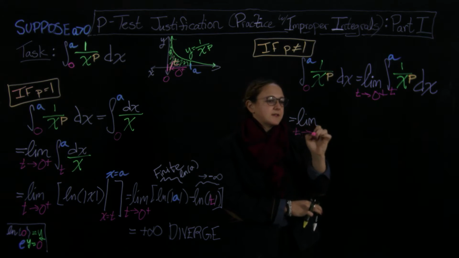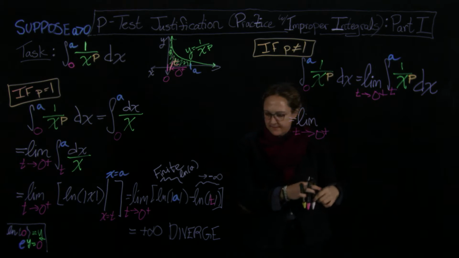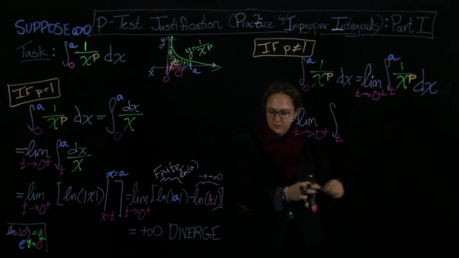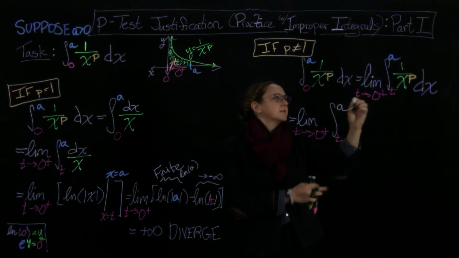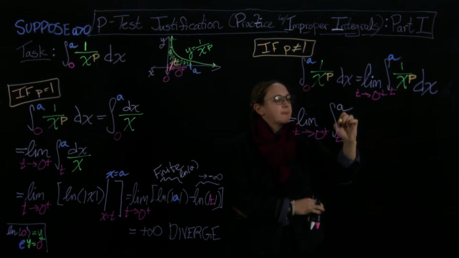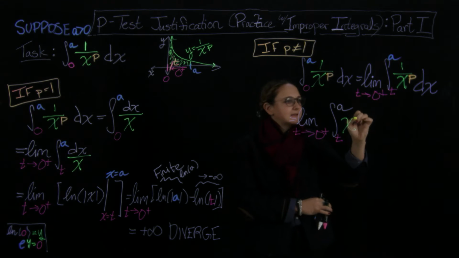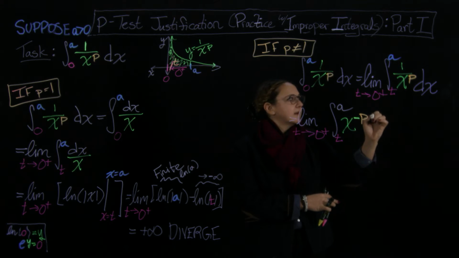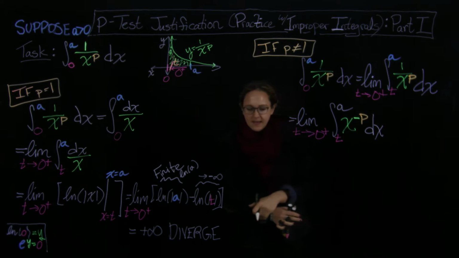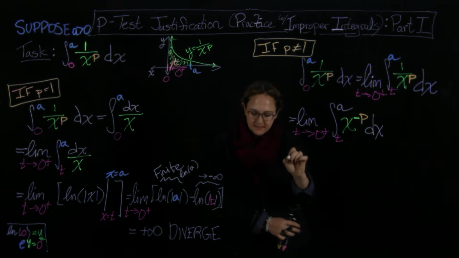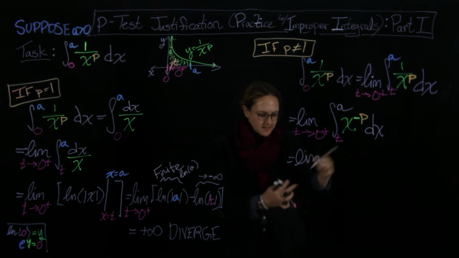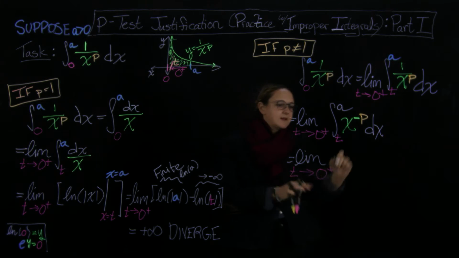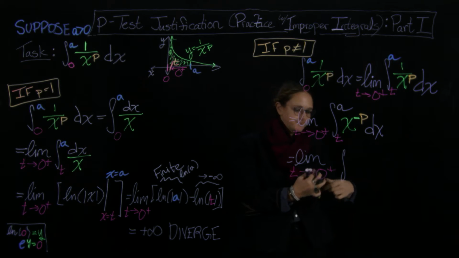as t approaches 0 from the right-hand side of the integral from t to a of x to the minus p, and we write it like this so that it's easier to see how to integrate it. So dx, right? And then we actually integrate this. So we're going to get that this is going to equal the limit as t approaches 0 from the right-hand side of the integral from t